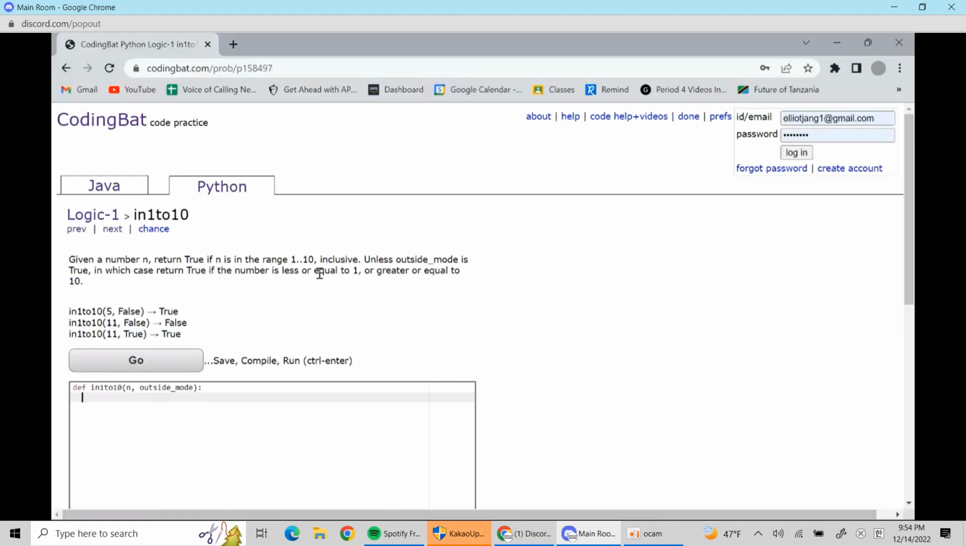So if n is in the range 1 to 10, unless outside mode is true, in which case return true. Okay, so first we're going to see if it's not outside mode. By doing that, we just type if not outside mode. Right, if it's not in outside mode, we're going to return